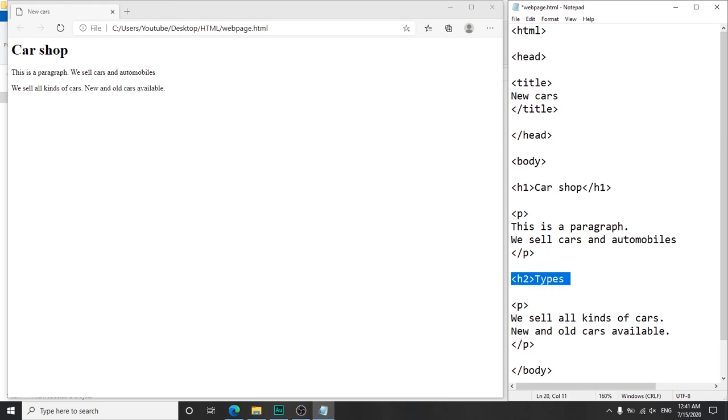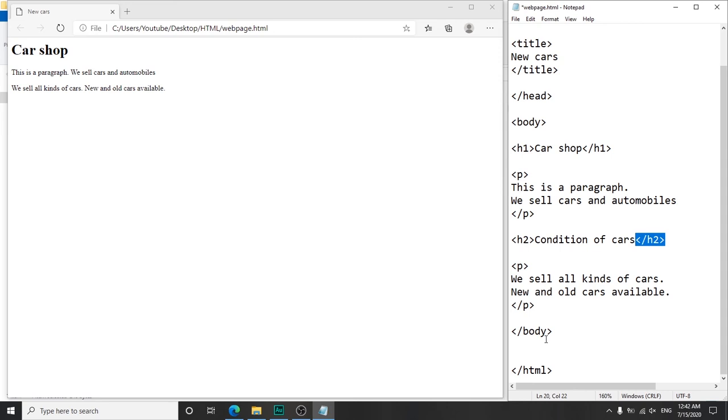Or let's say, conditions of cars H2. So we opened H2 right over here. We typed in some text, the heading we want, and we closed H2 right over here. Alright, so if we save this, Control S to save, and if you go back to our browser and refresh,